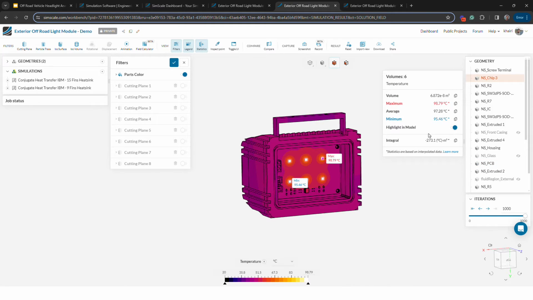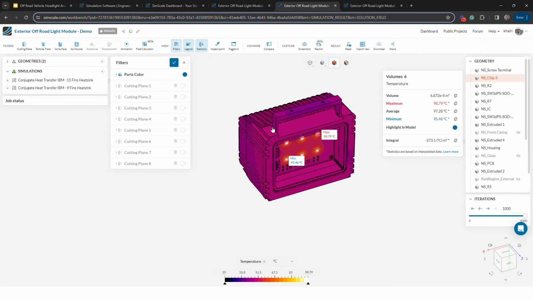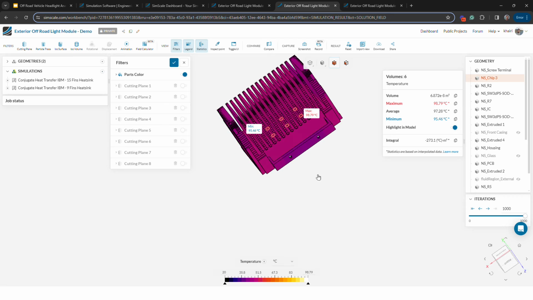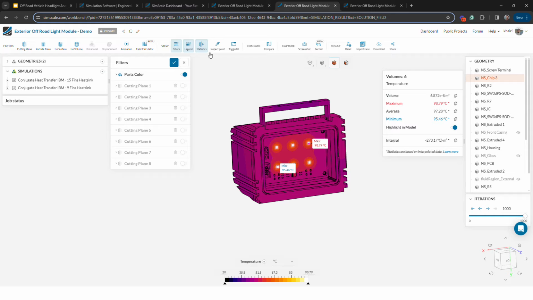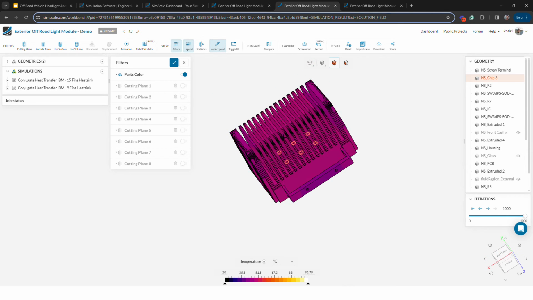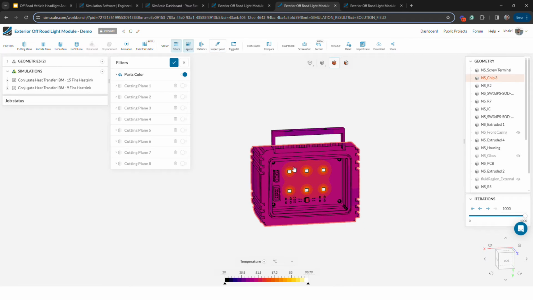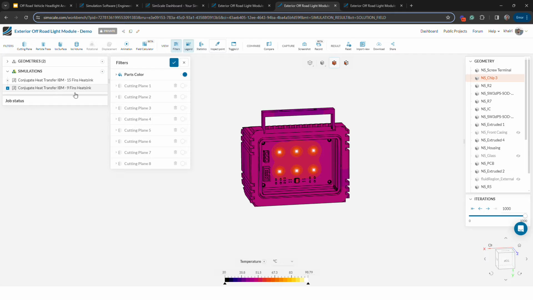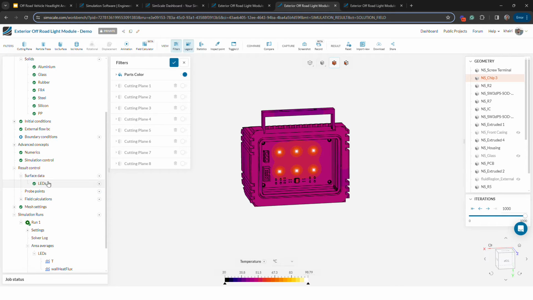We see over here that we have a minimum value of around 95 to a maximum of around 99 degrees Celsius, and this is for the design with the 15 fins heatsink. I would also be interested in the temperature of the heatsink fins, which we read over here as around 48 to 49 degrees Celsius. Now I wonder how this compares to the 9 fins heatsink, and for this I'll show the results of the LEDs in a different way.